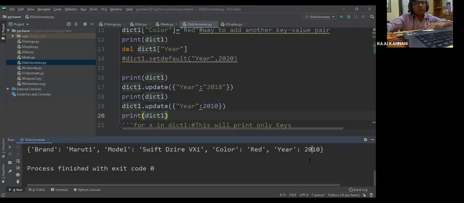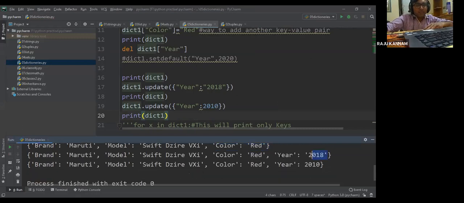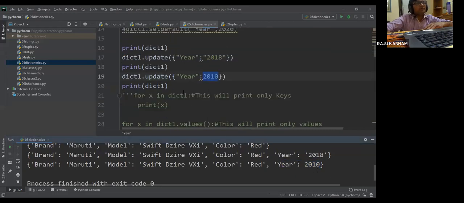Previously the year was 2015, then we deleted the year, then we added the year with the 2008 entry. Then we updated the year to 2010, because earlier I had given the year as a string, but I want to update it as an integer value. So I have updated it here.